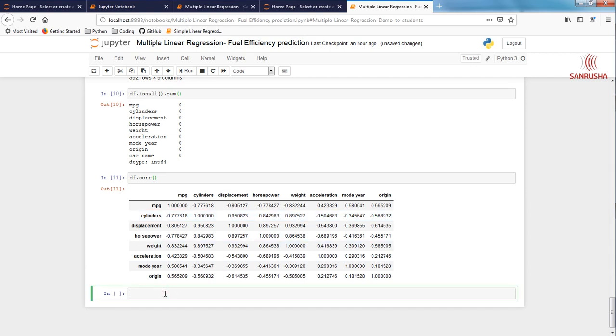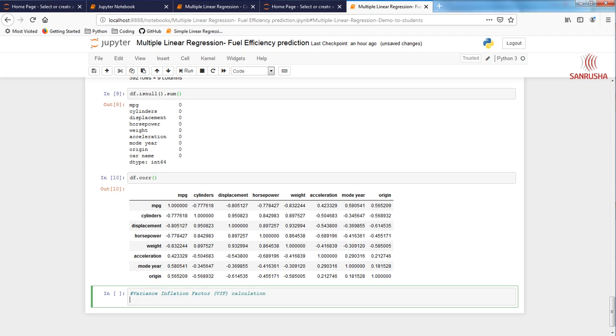So now we are going to work on variance inflation factor, also called VIF calculation.